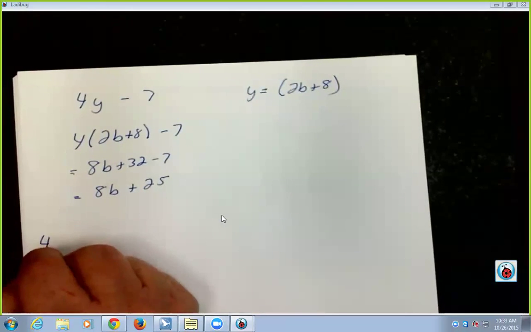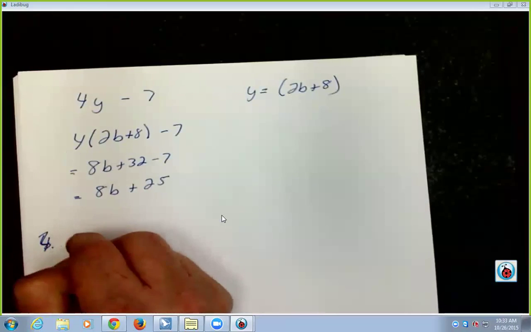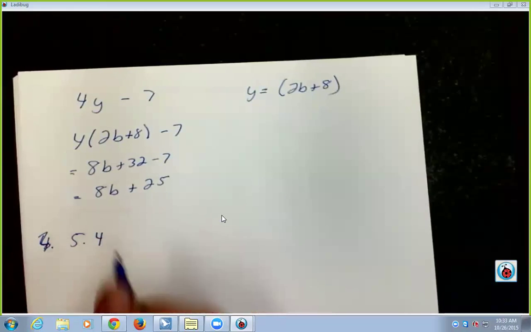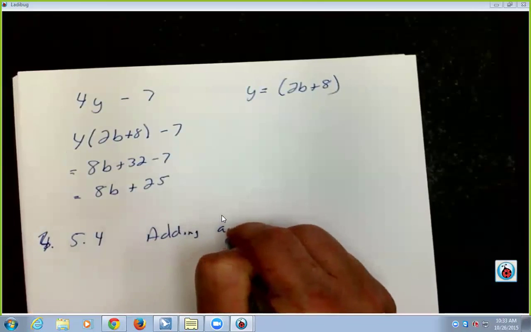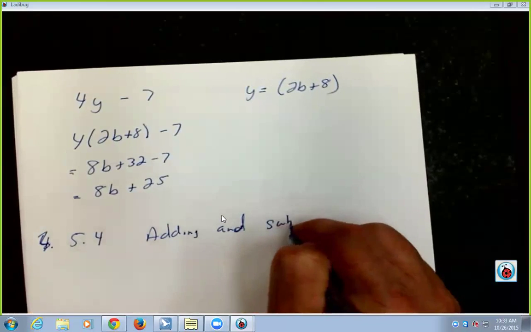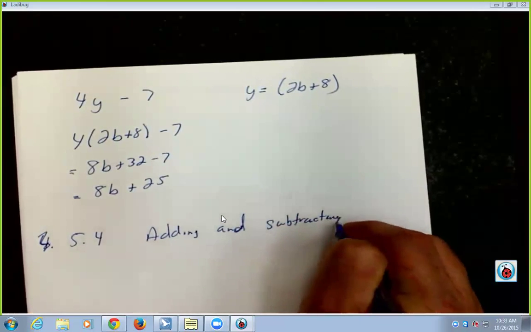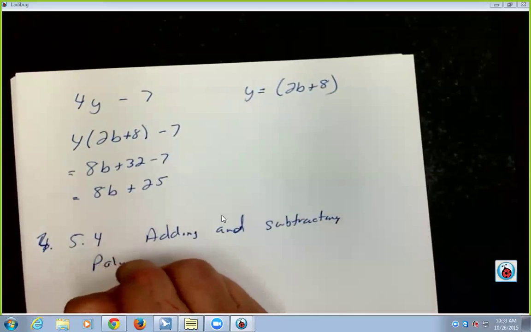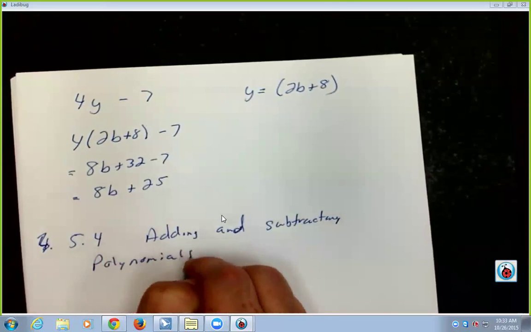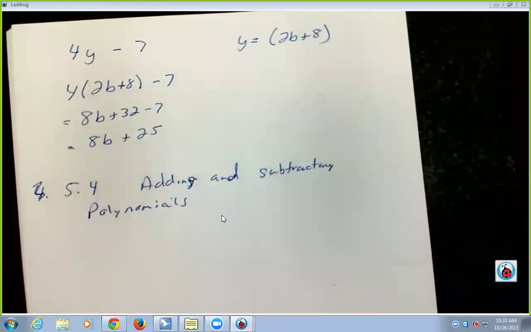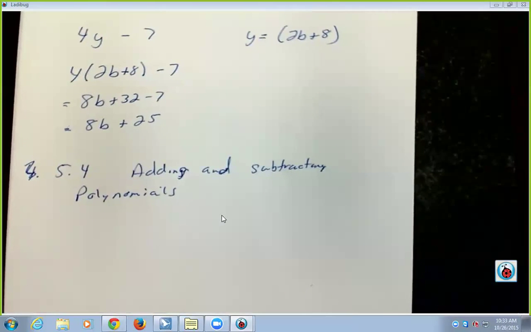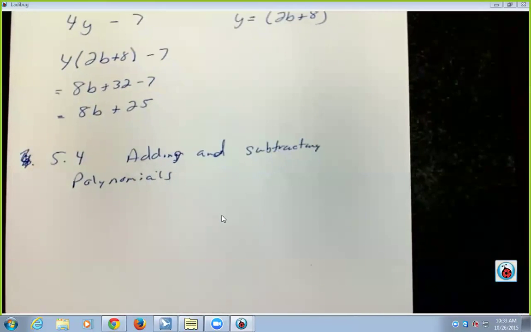The last section we're going to do today is 5.4, and 5.4 is adding and subtracting polynomials. The adding part is not bad. The subtraction part, you have to make sure you are very careful and change all of your subtraction symbols within